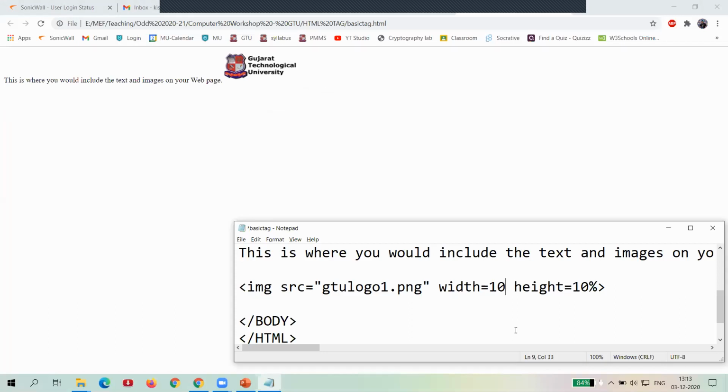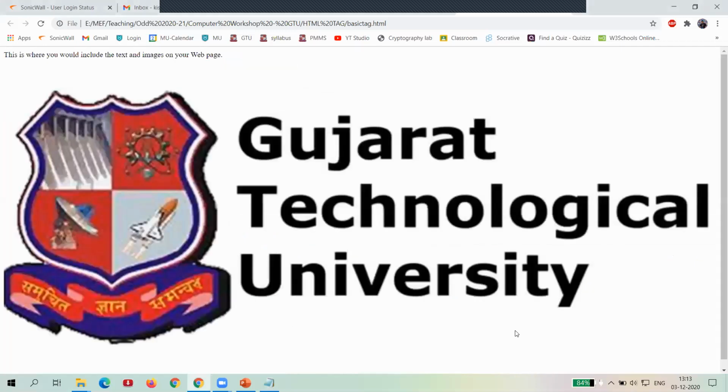Like the same way I have created for 100%. So now you can see it covers my entire screen. It means as per your resolution, it covers the entire screen. So that is the 100%.